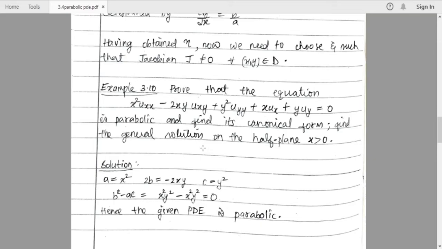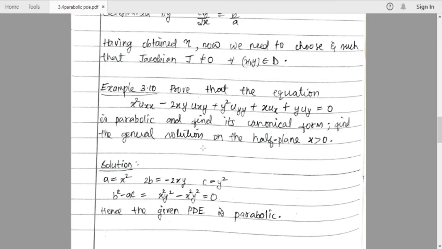Now we have to choose theta in such a way that theta is independent of eta, that is, the Jacobian should be non-zero. There are many choices for theta. Suppose I take theta equal to x, then I have to check whether the Jacobian is non-zero or not. The Jacobian is the determinant of theta eta with respect to xy. We can see that this is a non-zero quantity. x is non-zero because we have assumed that x square is not equal to 0, because we have assumed that a is not 0. In the theory part we have assumed this.